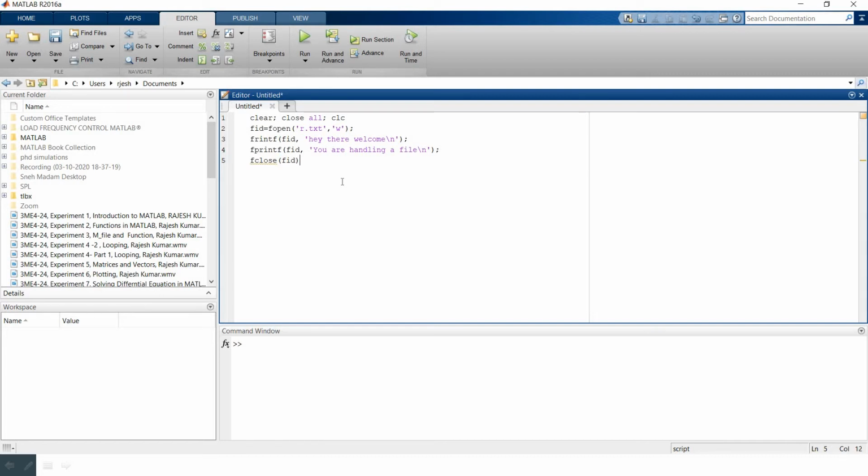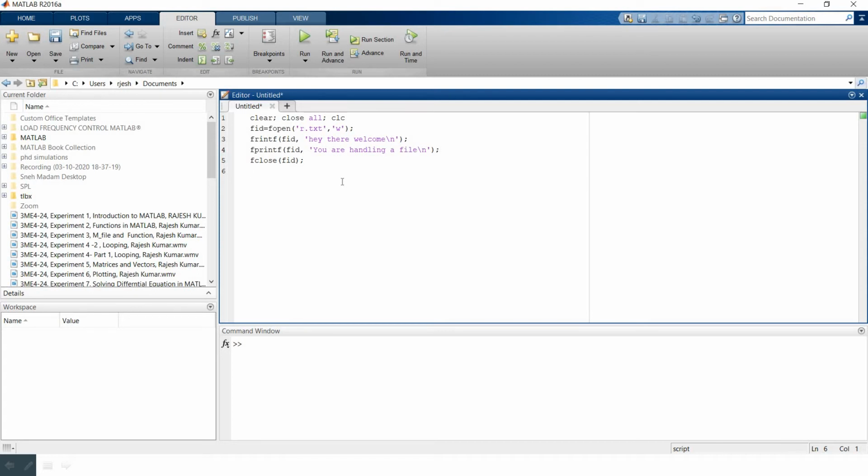So what are the steps that have been carried out? First of all, you have to clear your command window and clear the screen using clear, close all, and clc. Then you have to create one text file and give the permission to write on that file.